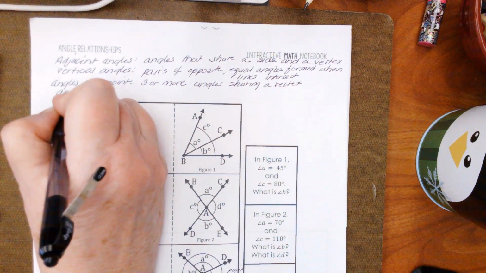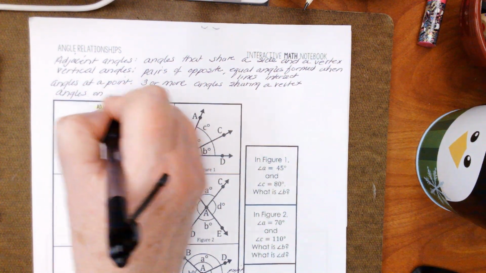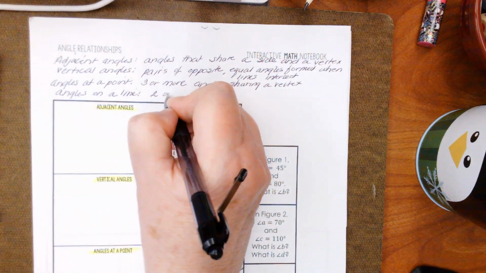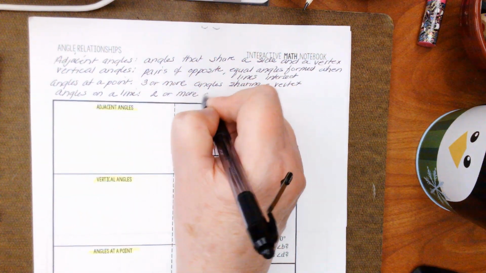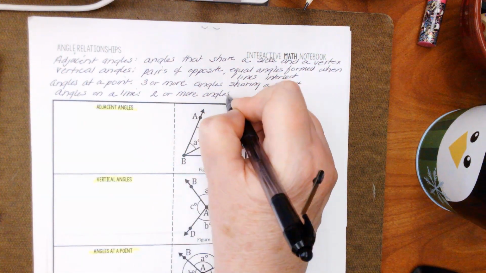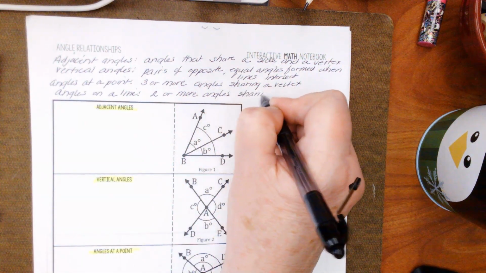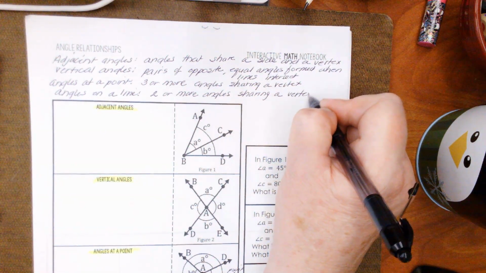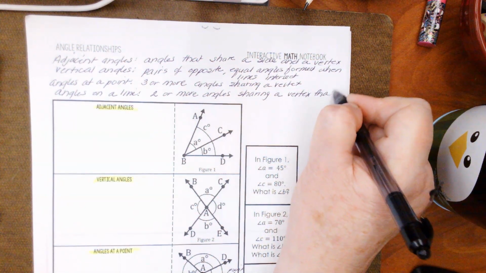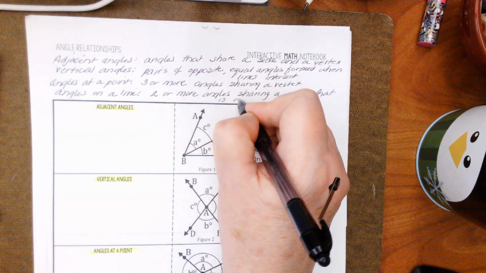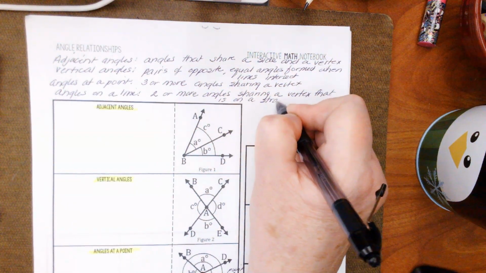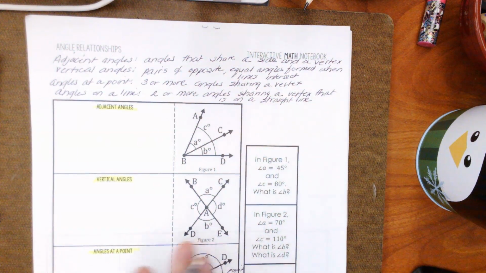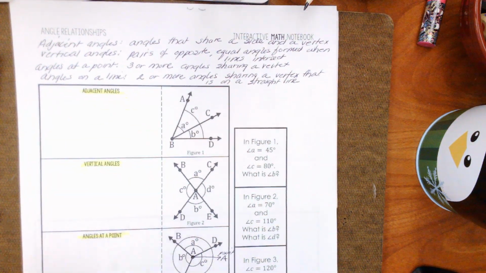And angles on a line: two or more angles sharing a vertex that is on a straight line. Okay? And now for examples, the adjacent